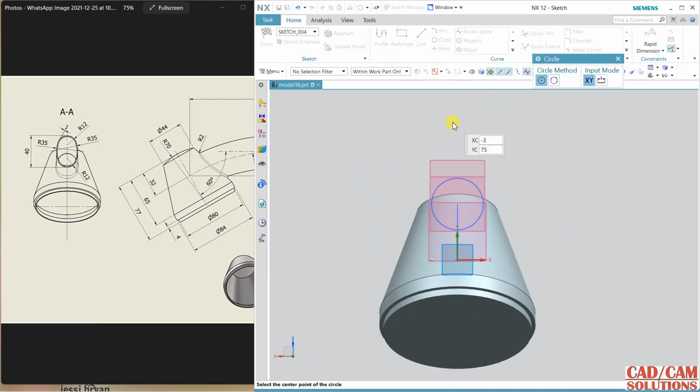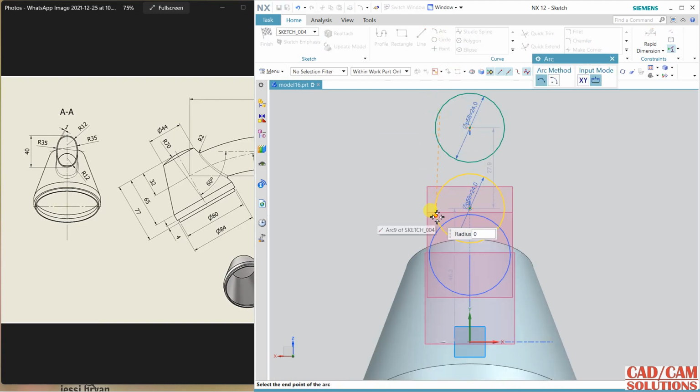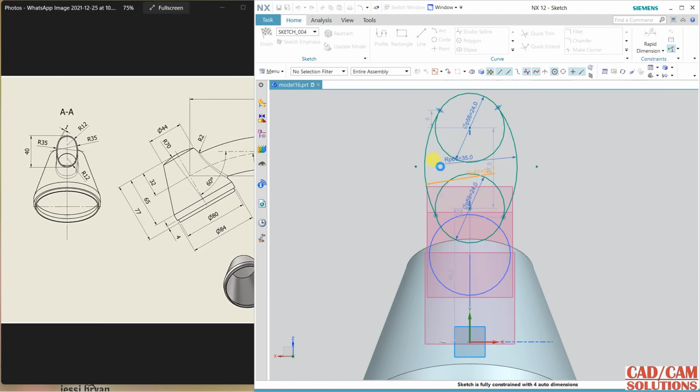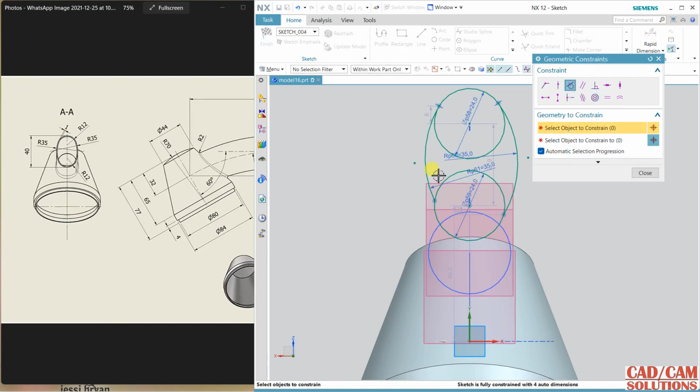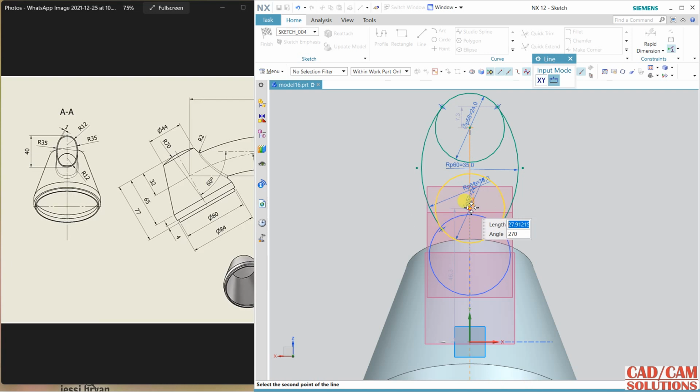and the same I am doing here. Draw 24, one more 24, and align vertically with this, and use this arc, 35 is the radius, and here also 35 is the radius, and use this tangent, make them tangent and tangent. Draw a line between center to center